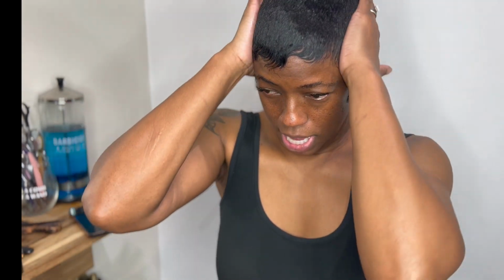All good and molded. Now I'm going to show you my no mold, well, no heat method. I have this Thermaseal by Influance, and also I'm going to link everything down where you can go purchase, go on my website and get the items. And I use the Thermaseal to lock in moisture, and it also silkens out my curls. But since I'm not curling it, it just helps smooth out my hair. It locks in moisture, and I sweat, so it acts as a water repellent,